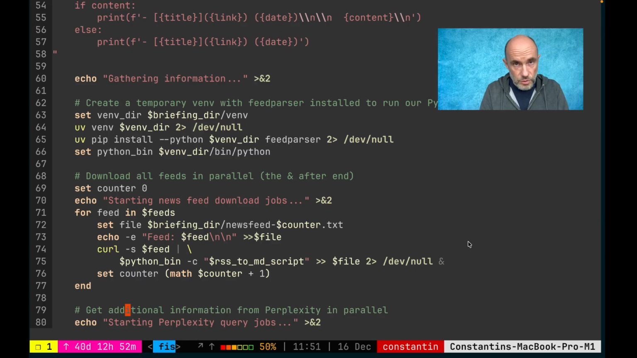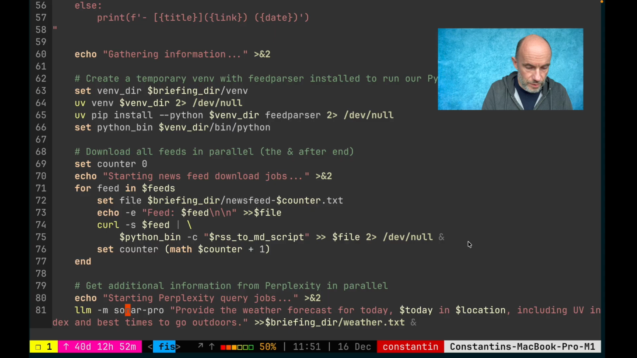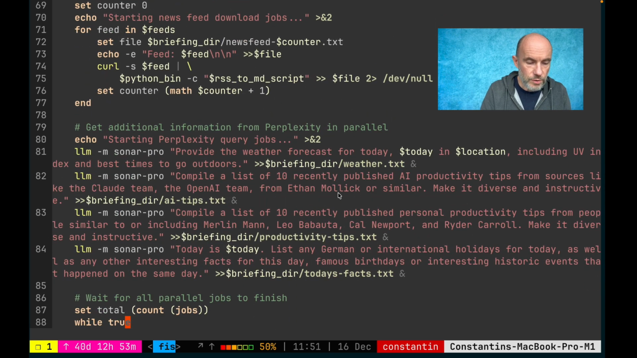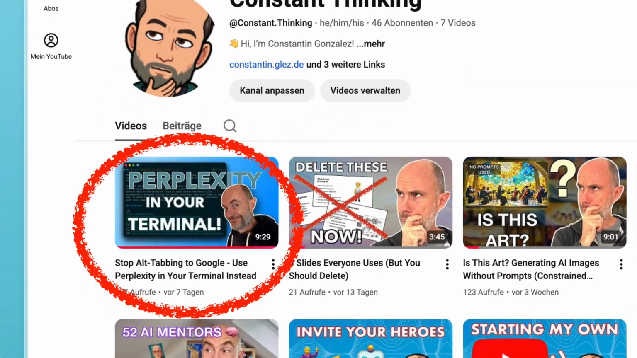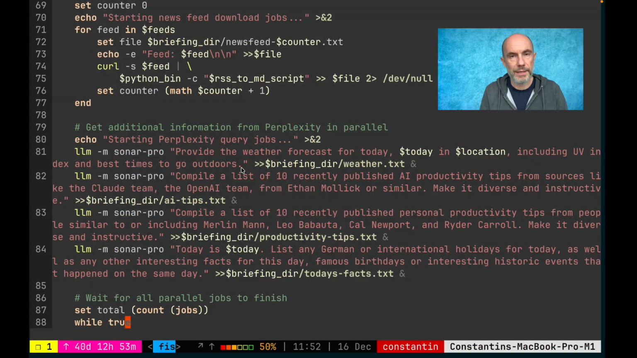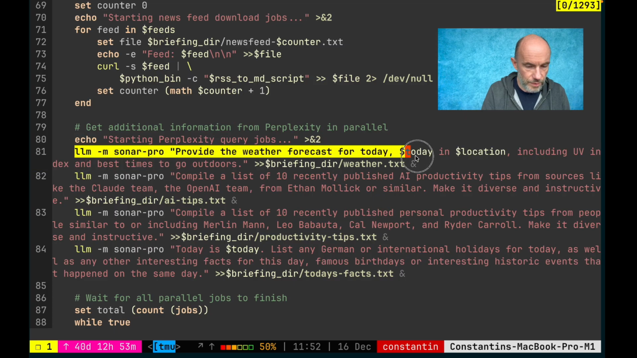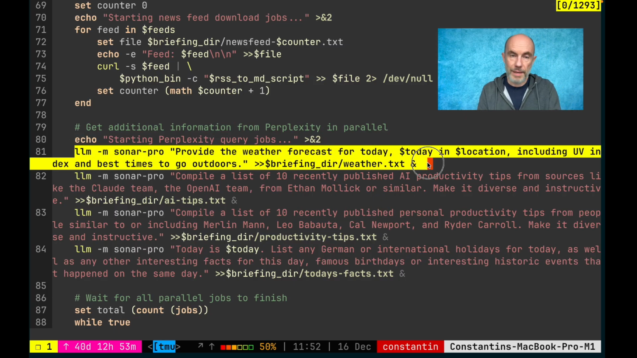Now, in addition to downloading all of these RSS feeds with all of this news information, we're also using Perplexity. The nice thing about Perplexity is that it provides us with an API, and we can use this API through a command called llm. If you check out my previous video, you'll see how you can install the llm tool into your command line and add the Perplexity plugin so you can talk to the Perplexity search engine from the command line. So what we are doing here is, for example, in this command over here, we are calling the llm tool